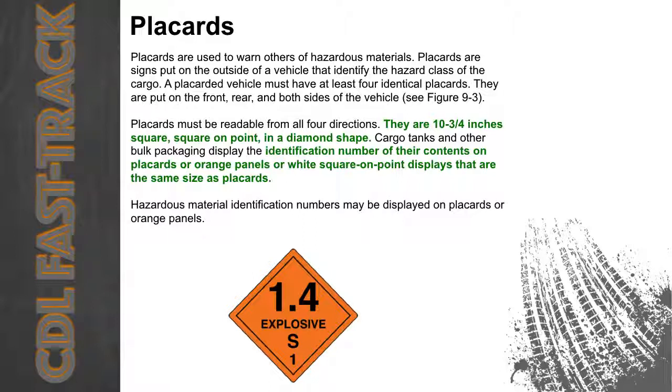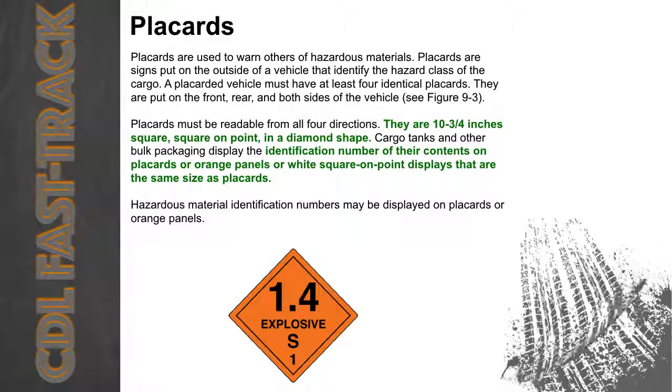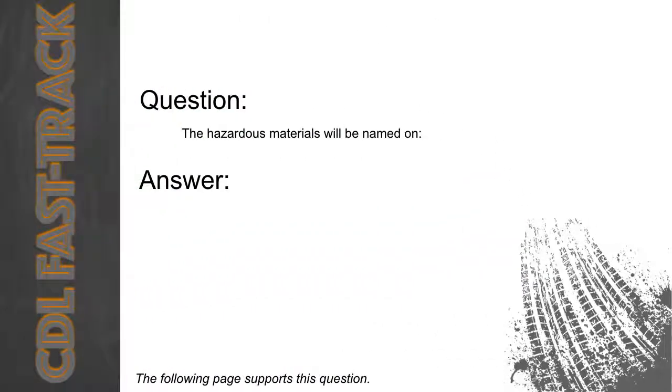Cargo tanks and other bulk packaging display the identification number of their contents on placards or orange panels or white square-on-point displays that are the same size as placards. Hazardous material identification numbers may be displayed on placards or orange panels. The hazardous materials will be named on